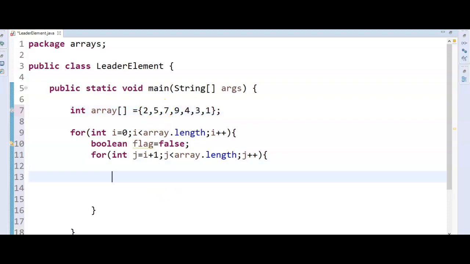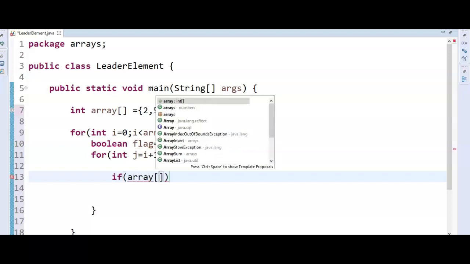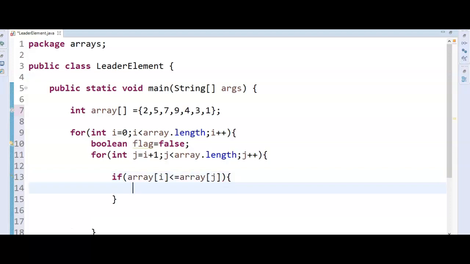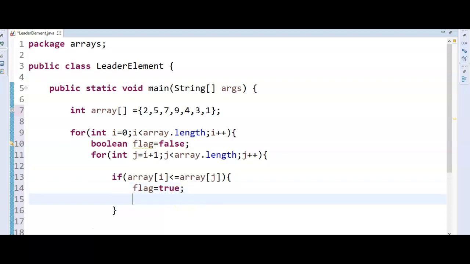If array of i is less than or equal to array of j, then what do I need to do? Flag equal to true, and then we need to break it.